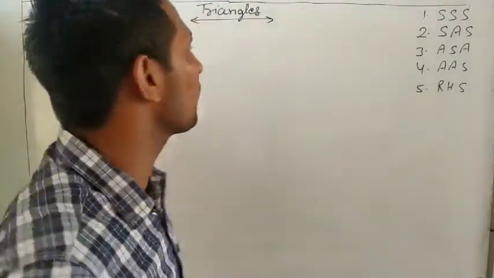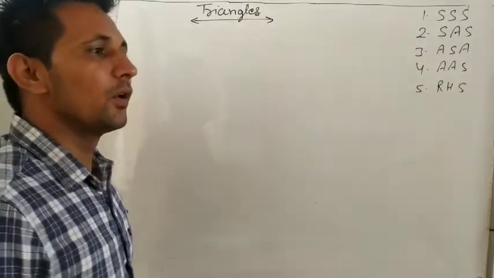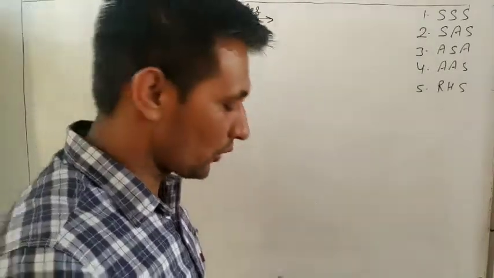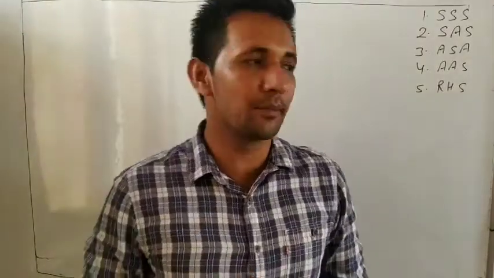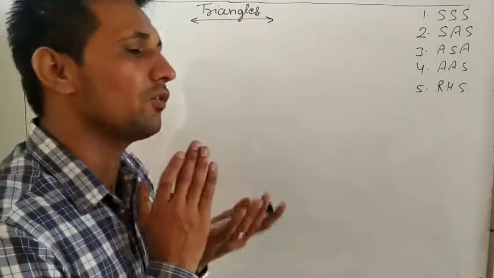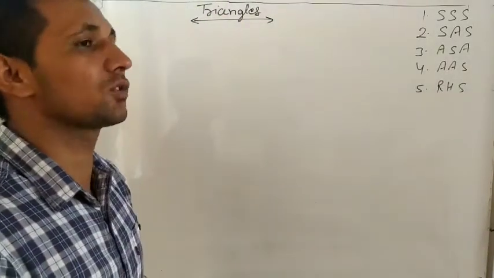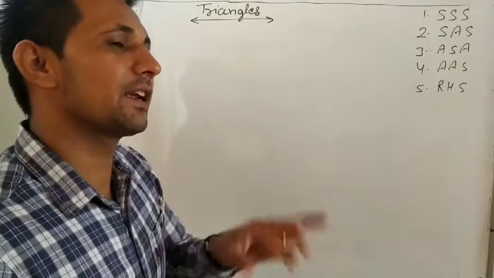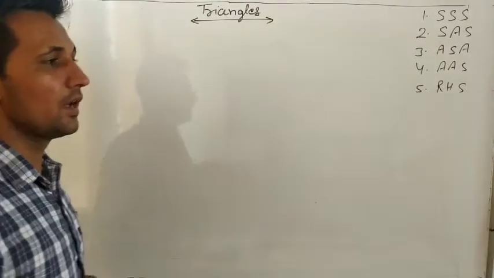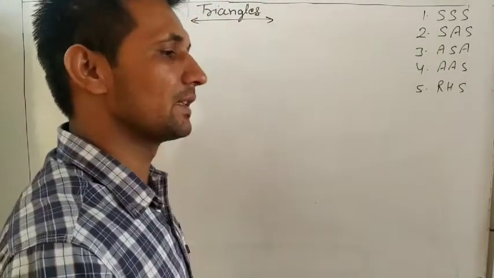And what is the meaning of congruent? Two triangles are congruent if they have the same shape and size. If they have the same size also, it means there are 3 corresponding sides and 3 corresponding angles. So it means